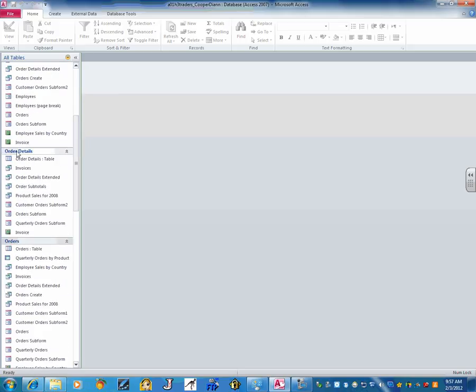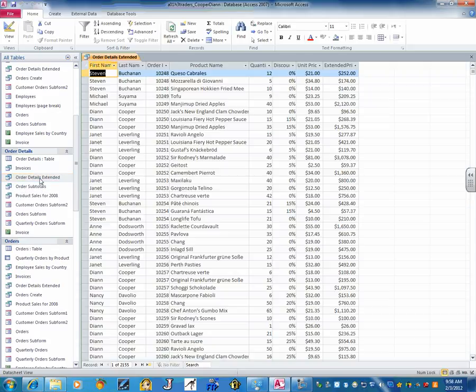For me, it would be under Orders Query, it shows the double icon, and we're going to open it. So now we're going to find an occurrence of your last name, and there's my first one, and click on it to select it. The next thing, we're going to use the sort and filter, and you've already learned how to do that. So the sort and filter on the Home tab, we're going to go to Selection,